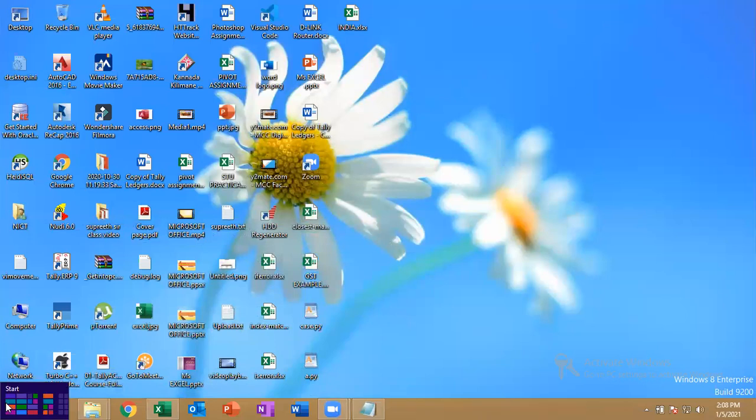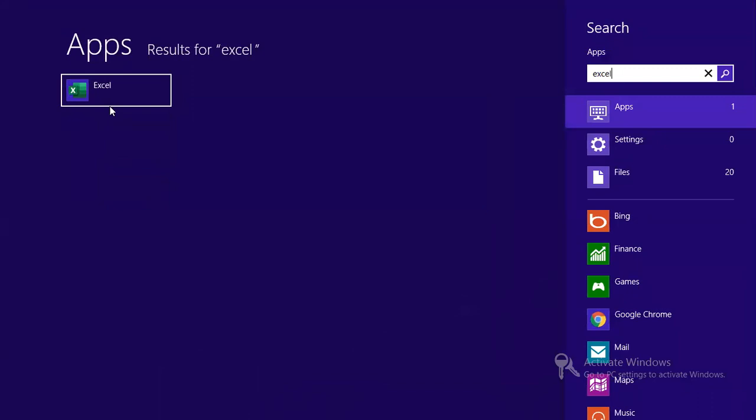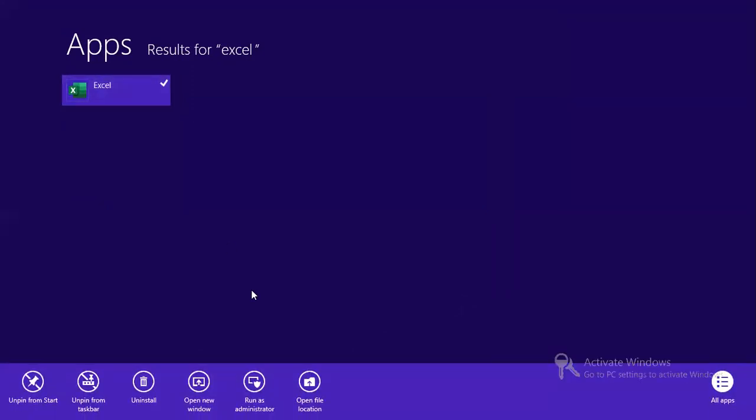Just you click on start button, type Excel, right click on that. So you have something like start pin to taskbar, so that it comes in the taskbar, and here you'll have something called open file location.